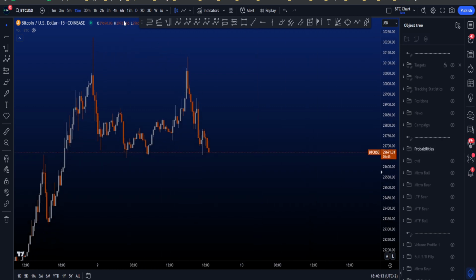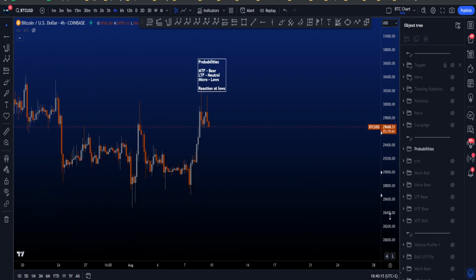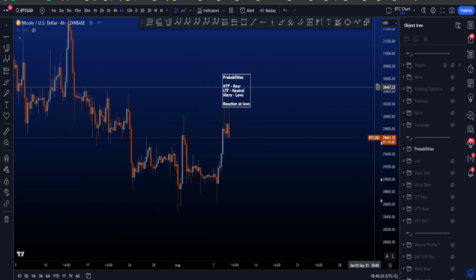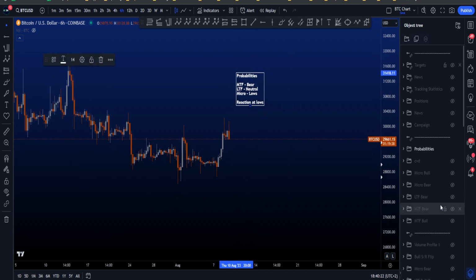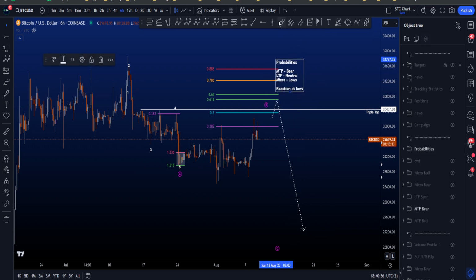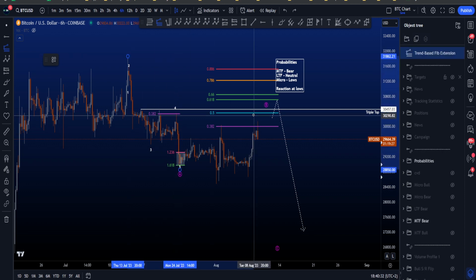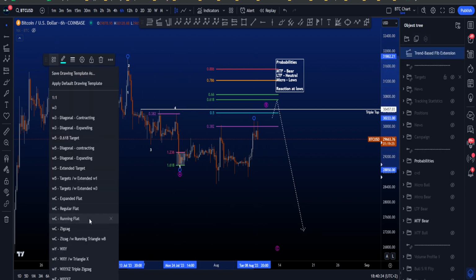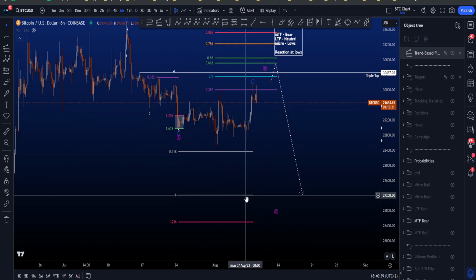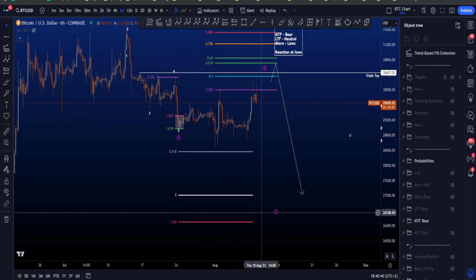So if we then zoom out again and look at the probabilities of the different scenarios, then on the medium time frame, the preferred scenario is a bearish scenario, where we are still looking for a move towards the downside, for B to then be in, looking for C towards the downside. And if the high of B is already in with the high that we made over here, then the most common target area for wave C is between the 1 and the 1.236 here, which is between 27.2k and 26.5k,